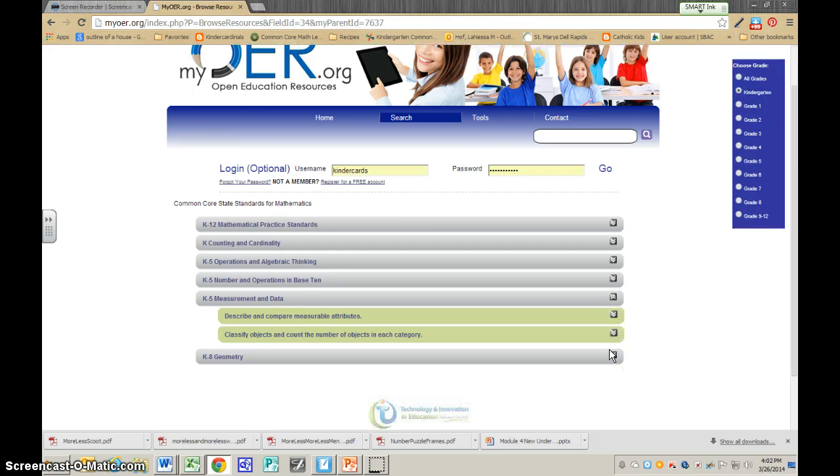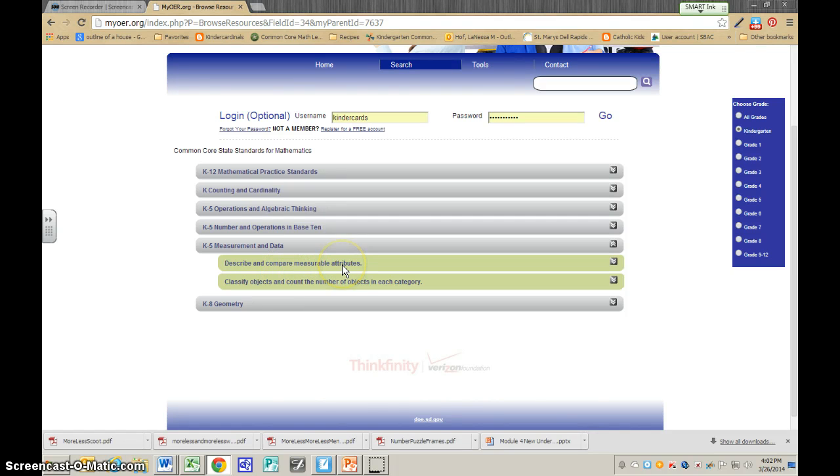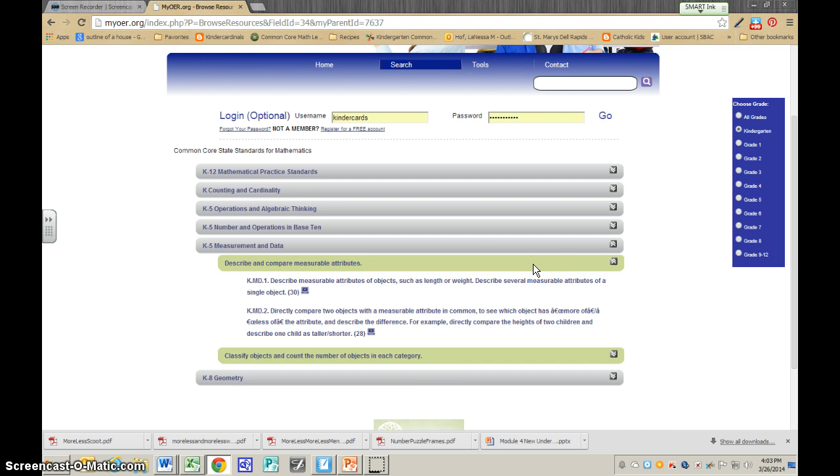Here are the 2 strands. Describe and compare measurable attributes, classify objects and count the number of objects in each category. I am just beginning, so I click the first one. Then you will see the anchor standards. Now notice at the end of each of these standards, there is a number in parentheses next to a computer. That tells you how many lessons are available for that standard. So this first one, K.MD.1, has 30. And K.MD.2 has 28. Again, we will do K.MD.1,